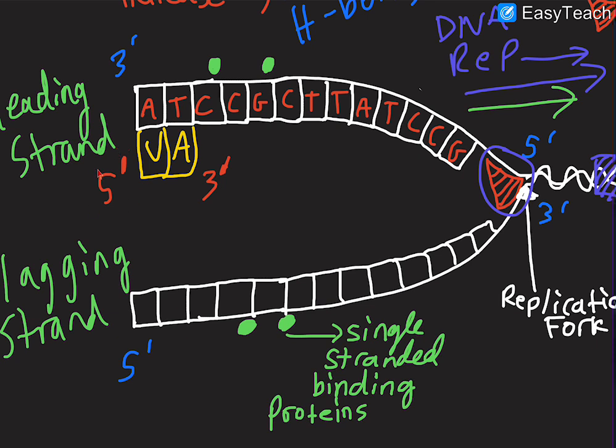So you're starting at 5' and then synthesizing it from 5' to 3'. Okay, so it's going to read 3' to 5', and then we're going to start synthesizing now from 5' to 3'. So now we're going to be like, all right, this is C, right? On the parent strand, we have C. So then the complement to cytosine is guanine. So we're going to say guanine, and then